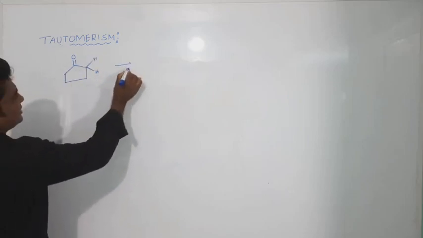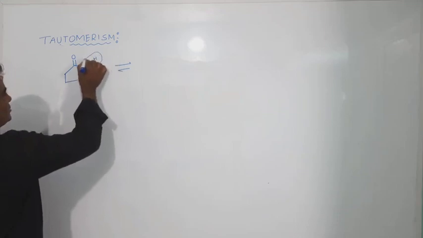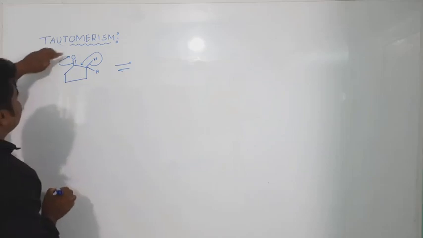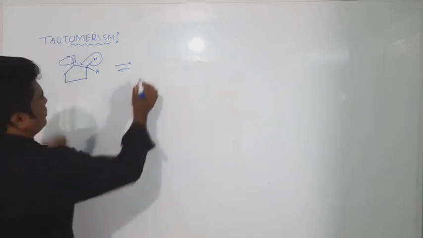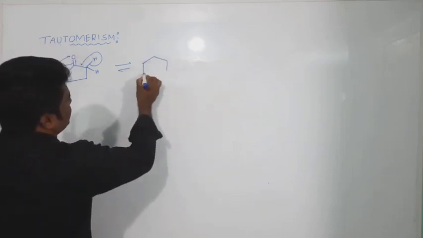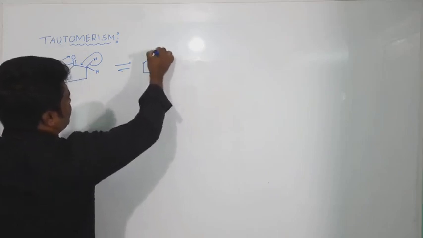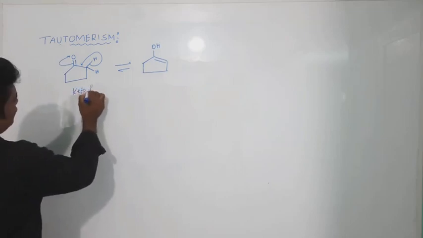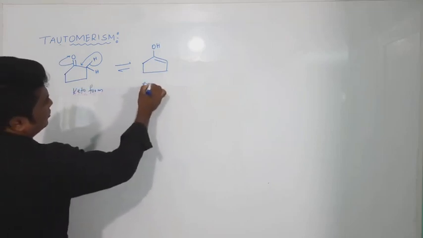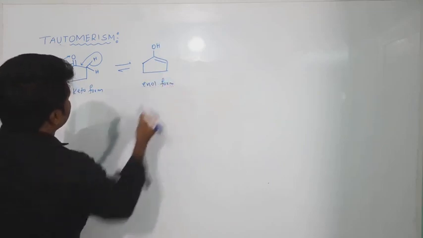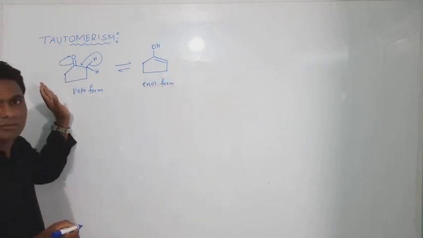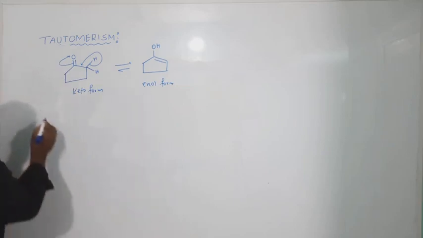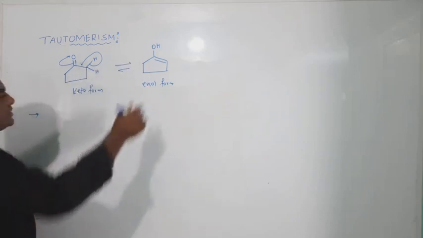It is very simple. It undergoes delocalization. Now this oxygen is more electronegative, it will take the pi electron, and it means negative charge. That negative charge will take this hydrogen. So now you are getting a double bond here, and this is OH. This is what we call the keto form, and this is the enol form, and this tautomerism is also known as keto enol tautomerism. Understood?